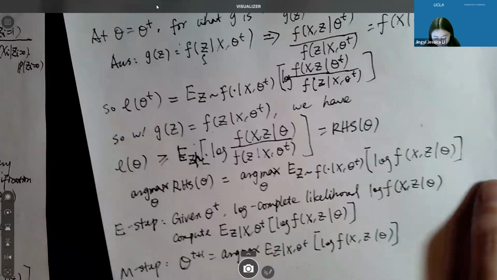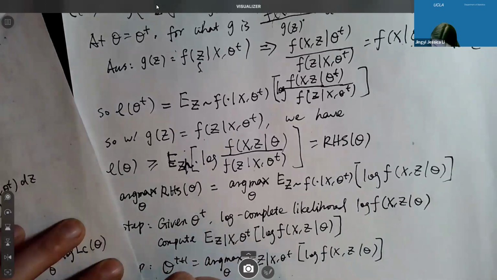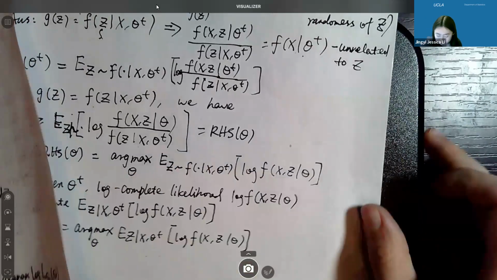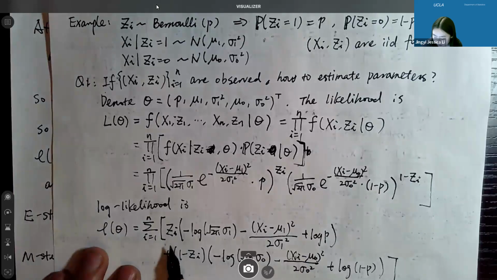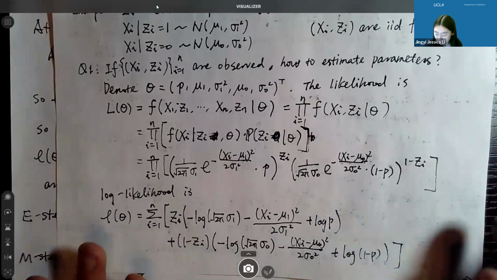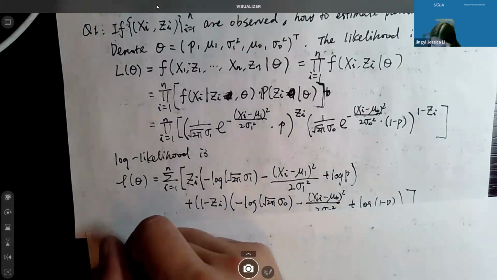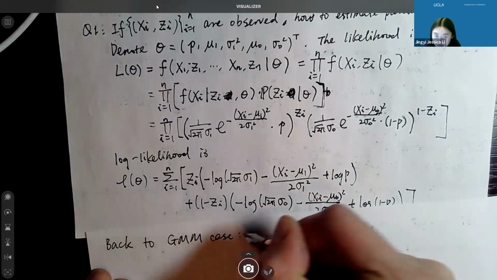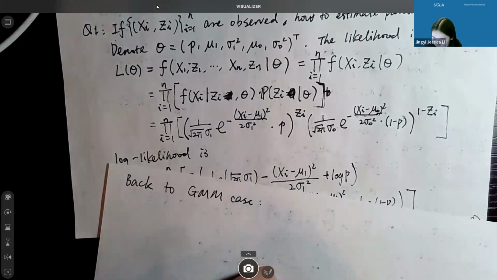So basically, if I come back to the complete case, right? In our previous example, this is a complete log likelihood if we assume Z is observed. All right, so we start from here. Let's say that in back to the GMM, Gaussian mixture model case. So what I was saying was the general EM algorithm. Back to this case, then we can have the